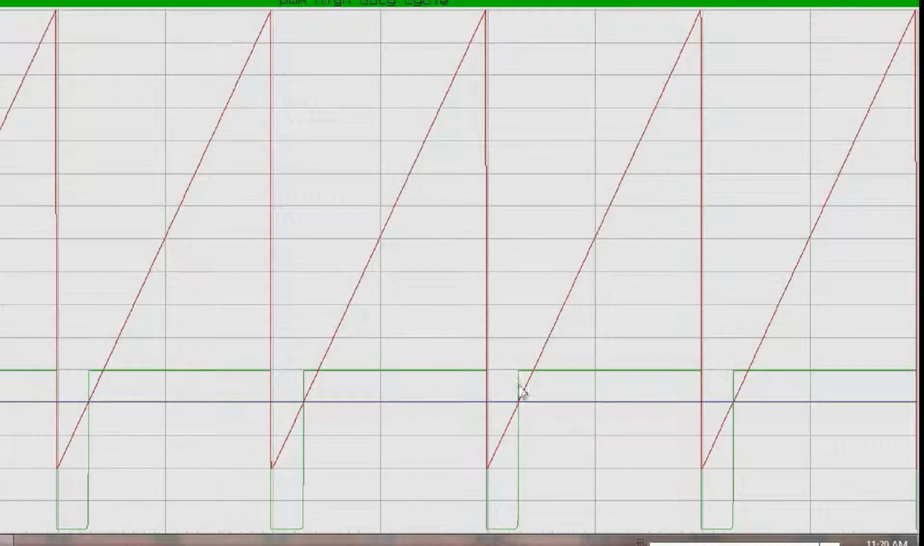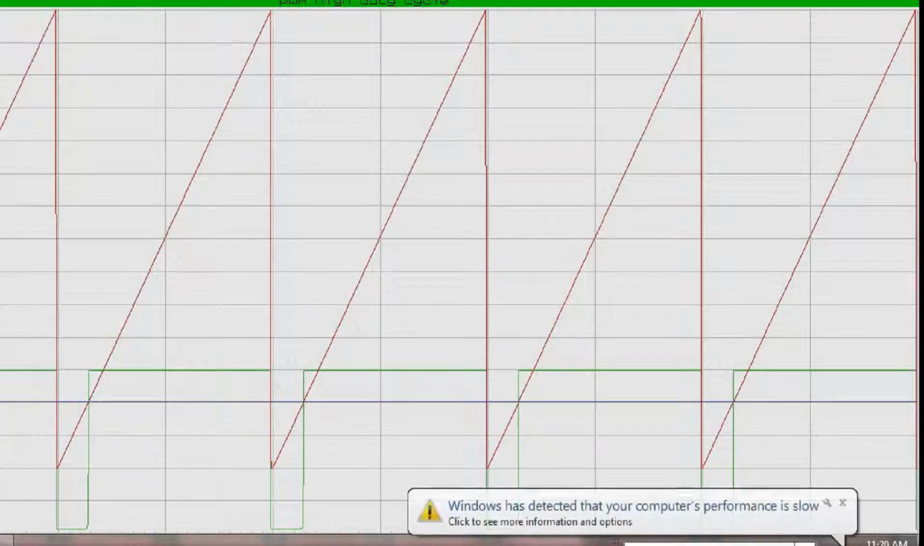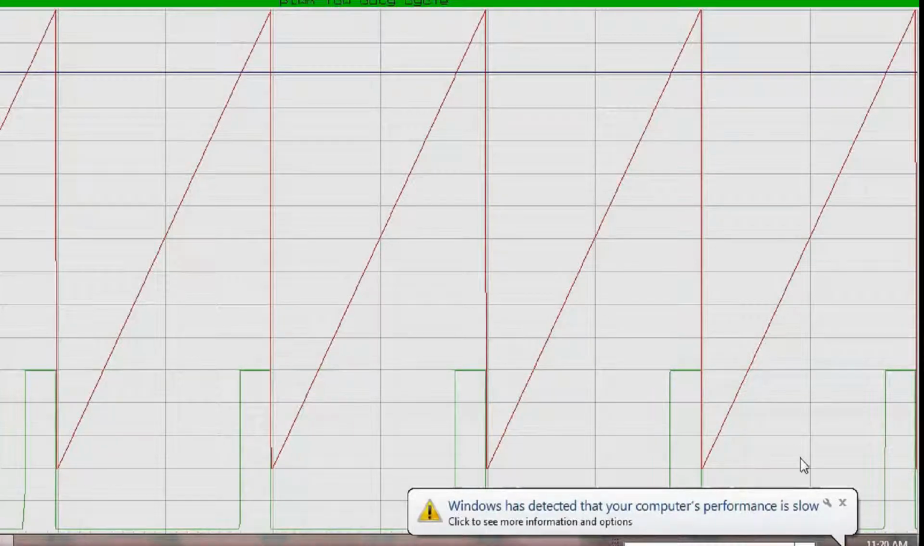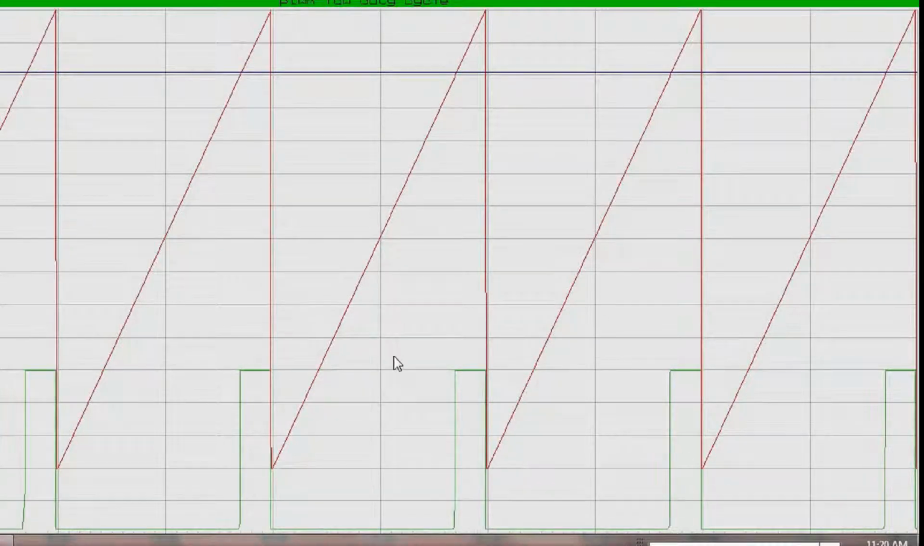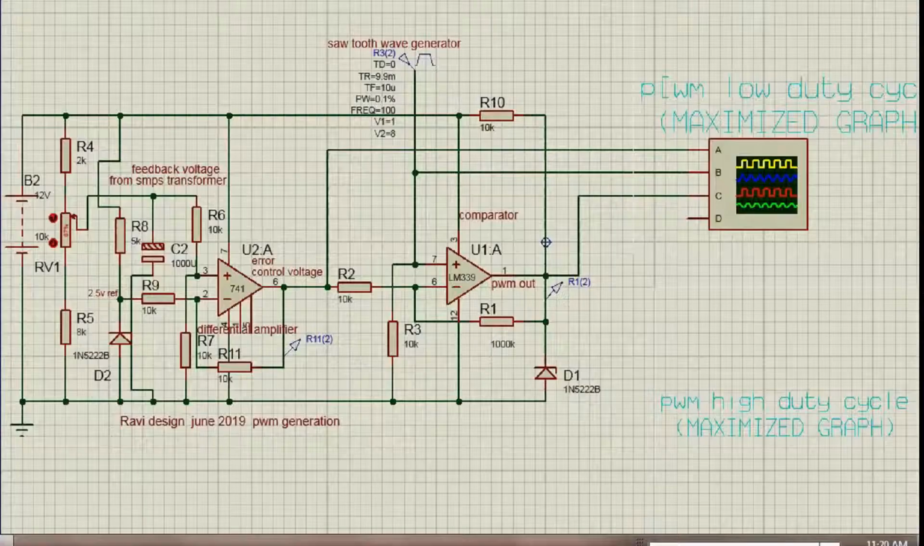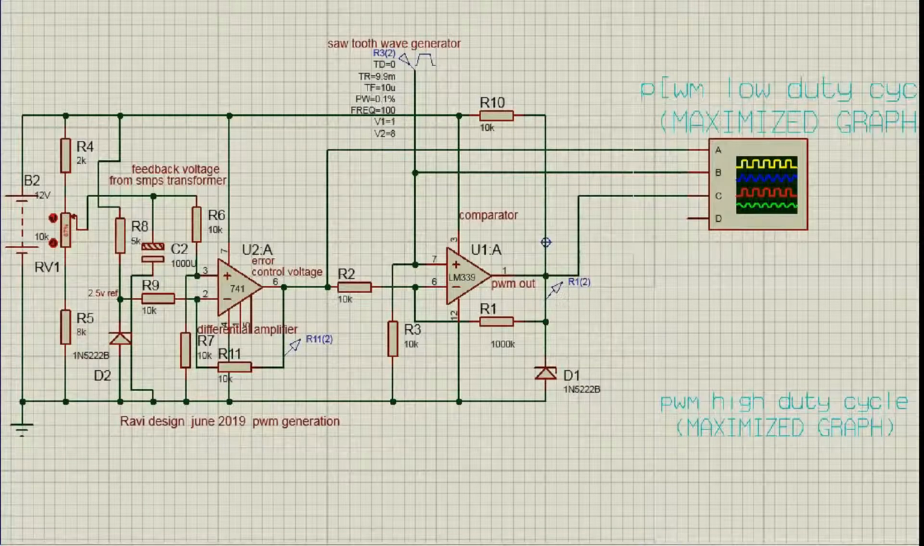So this here shows a high duty cycle, and watch where the DC voltage is. This one shows a low duty cycle, and again look at where the DC voltage is. So let's go back to our simulation and see if we could get the simulation to actually run. So I started the simulation here,